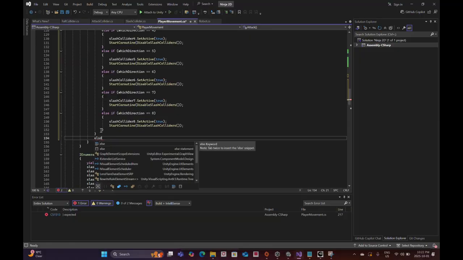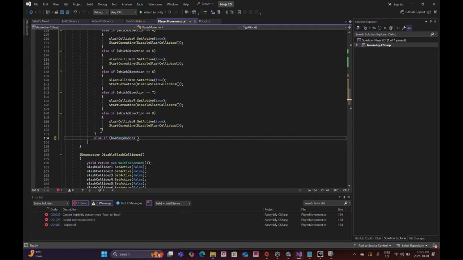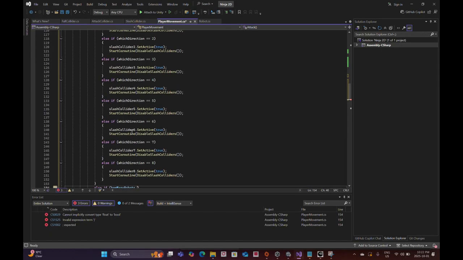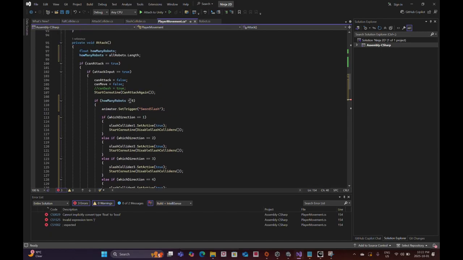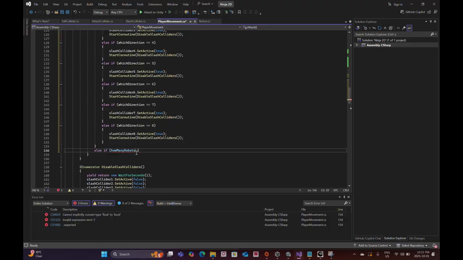Else if how many robots is smaller or equal to 0, if there's no robots. If there are robots, if it's greater than 0, then